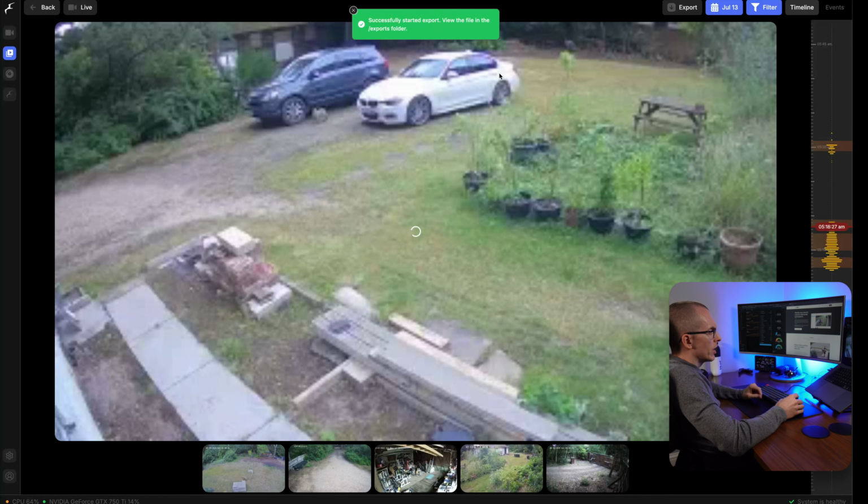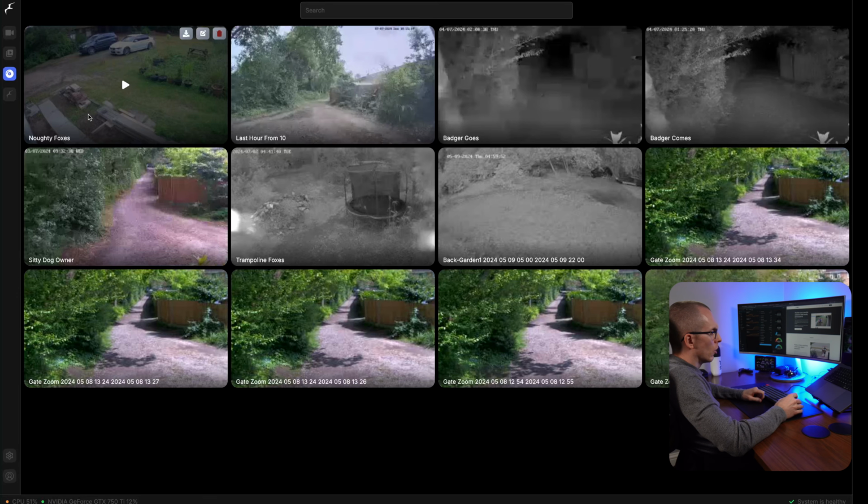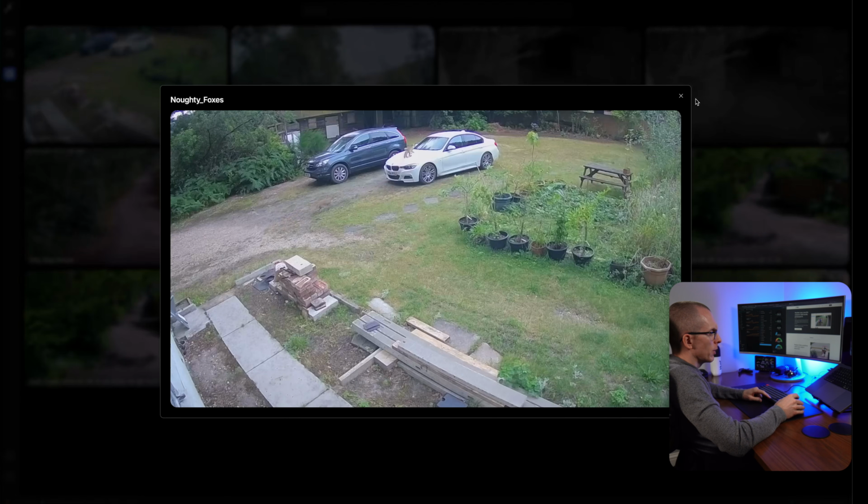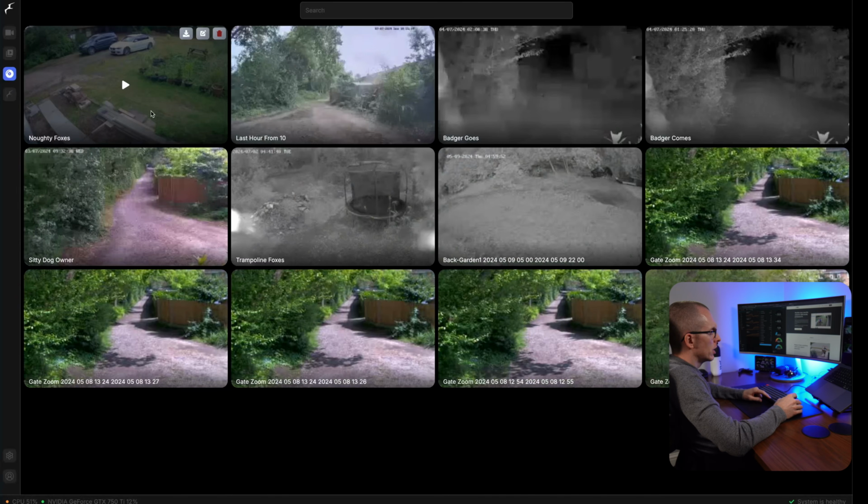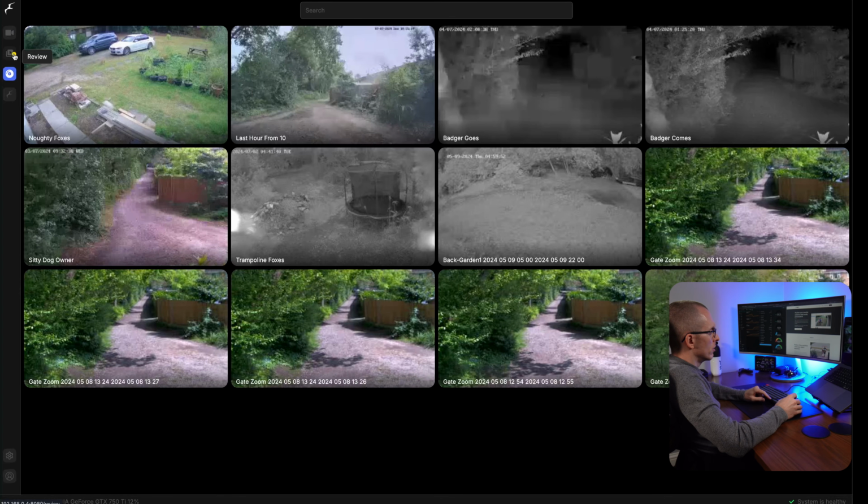So in the background that is now creating an export of just those frames that we've selected from the export section. And over here in the export tab we now have naughty foxes. So from here you have the option to play it, and you can play the video back, you can play it full screen, you can download it, you can change the name, or you can delete it. So if we jump back over to the review section,